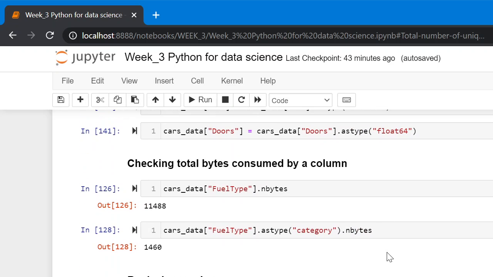Checking the number of bytes consumed by a column, we can use column series dot nbytes attribute. Here we can see the number of bytes consumed by the fuel type column, which is 11488.